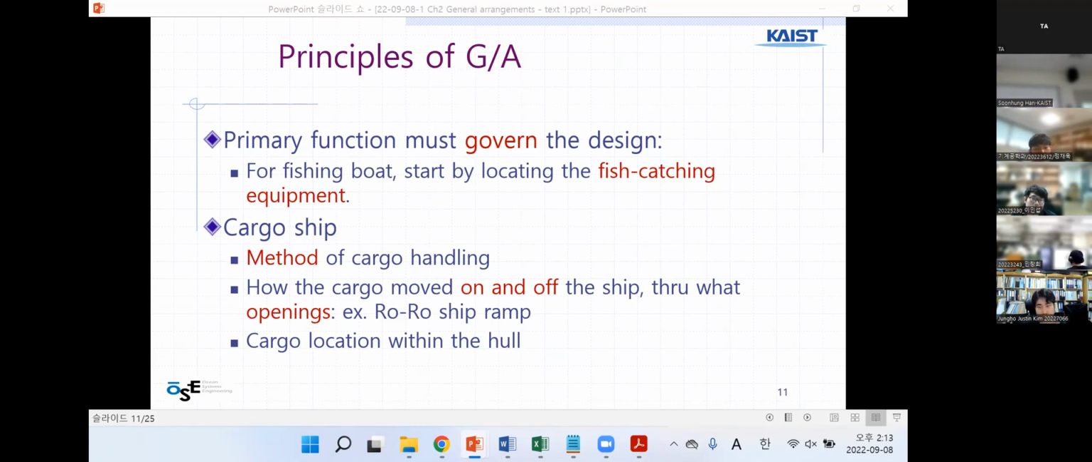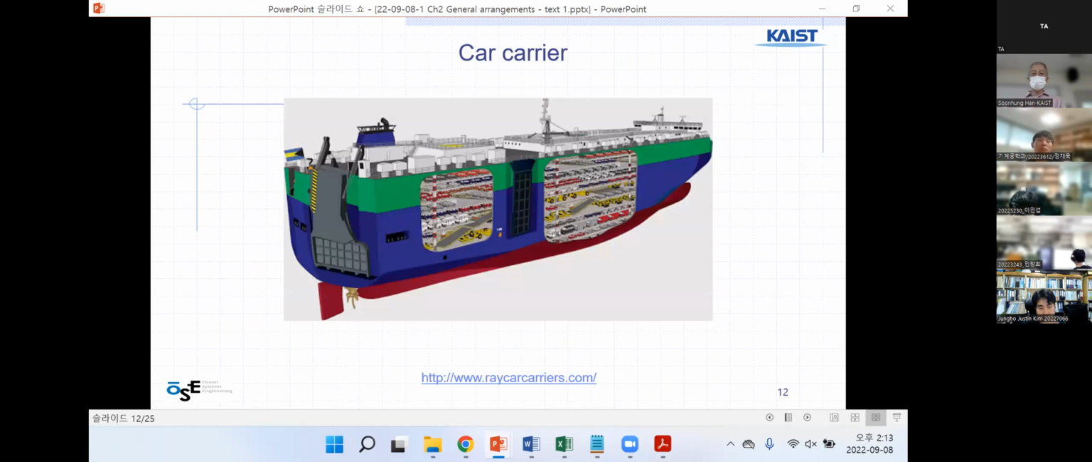Right? There's a Ro-Ro ship. You see it in the rotation also. Oh, this one is a car carrier. Car carrier. So,